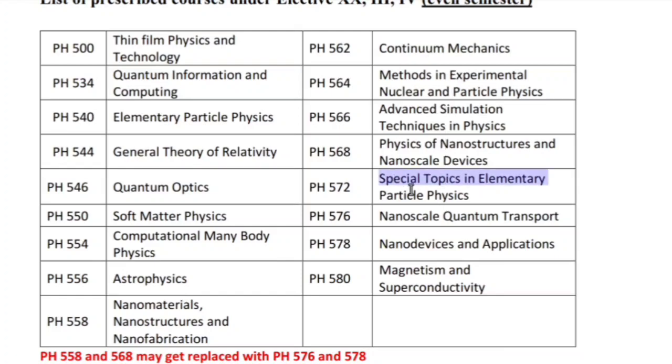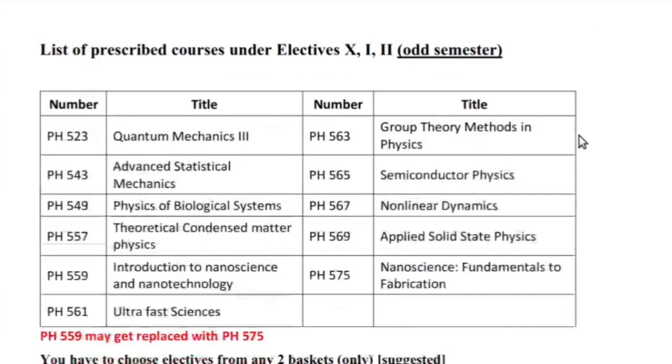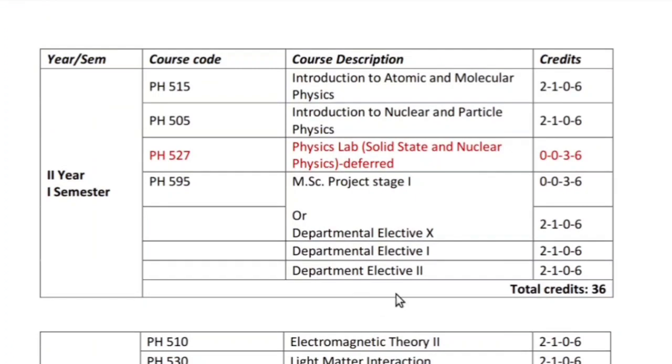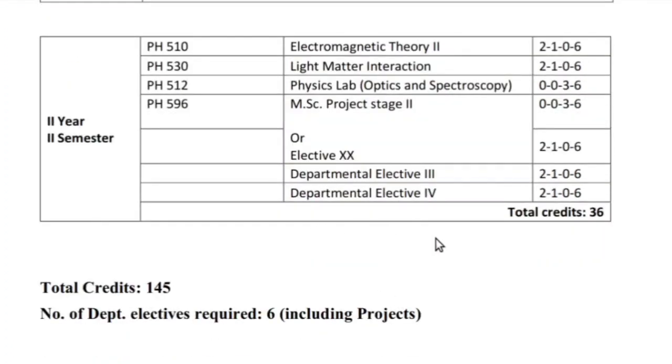Further, I had taken special topics in elementary particle physics because I was also liking particle physics, and this was basically QFT. This was basically the quantum field theory part of particle physics, which again I was interested in. Above this, I had also taken one more course from the aerospace department. You can always take courses from other departments, and I had taken one simulation course. It was about simulation of fluids using particle methods, and it was offered under the aerospace department. So I had taken that course also. So again, I had done an extra course over here and an extra course in the last semester as well.